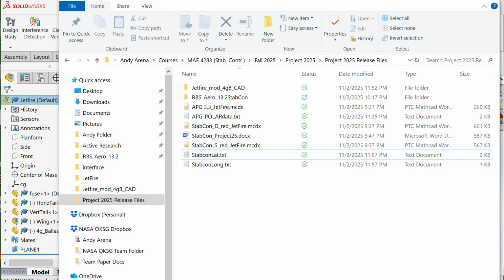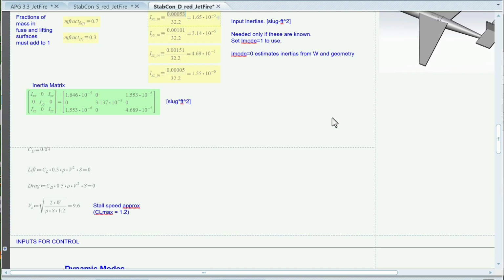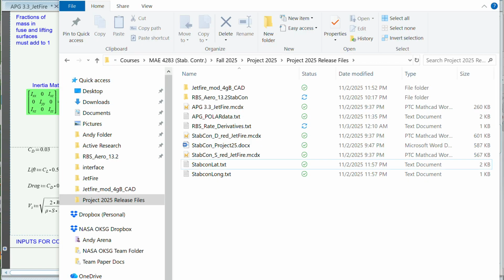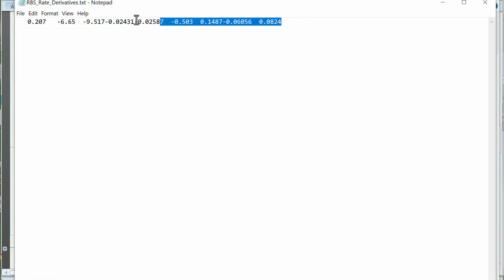You come back in here and, oh, I'm sorry, I forgot to hit the calculate worksheet. So we'll let it calculate. Once the circle turns green, there it is, the RBS rate derivatives. Open that up,